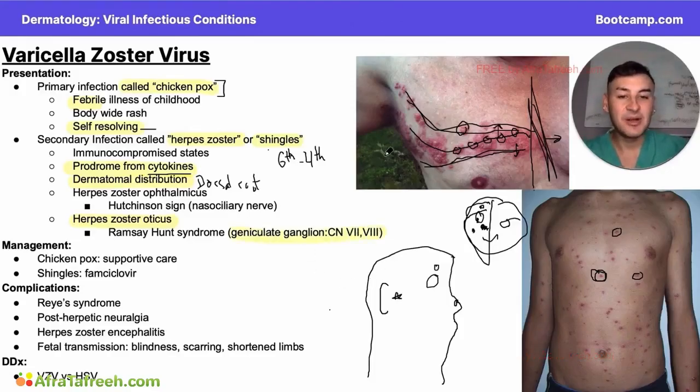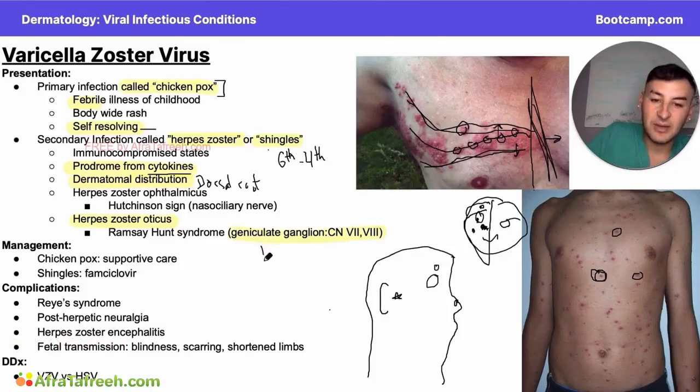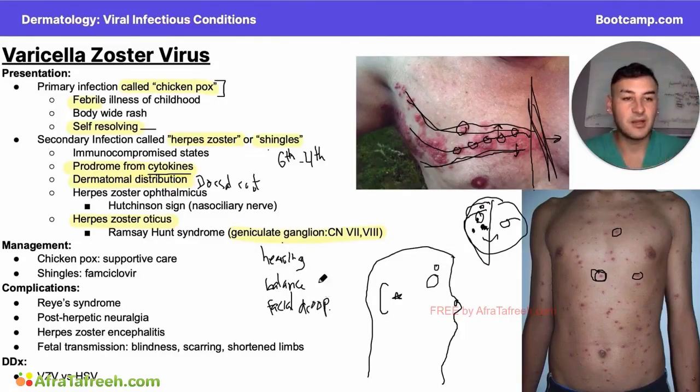So important here is what cranial nerve 7 and cranial nerve 8 do, right? They're responsible for a lot of innervation, sensory and motor, of the facial muscles, as well as things having to do with hearing and balance, okay? So I'm going to write down here: hearing, balance, and facial droop, okay? So if you have a patient who comes in with a real slumpy face like this